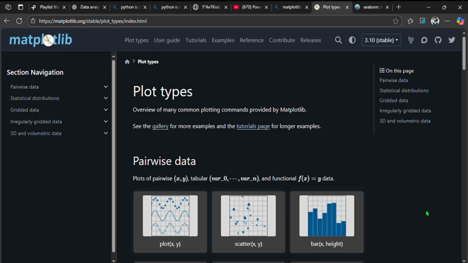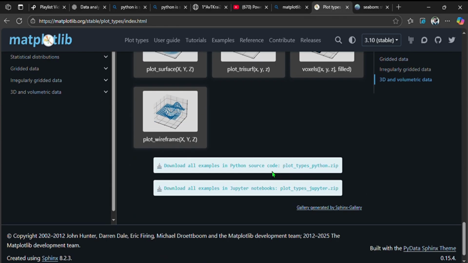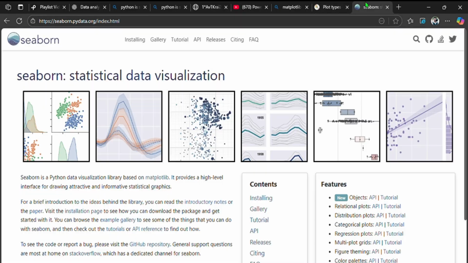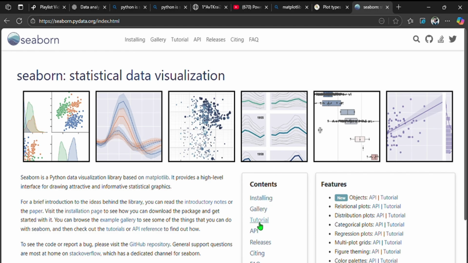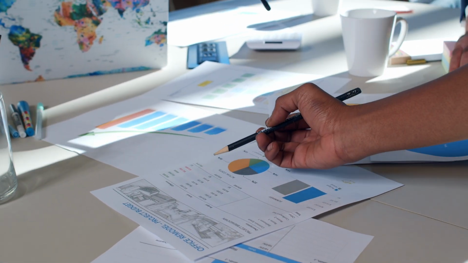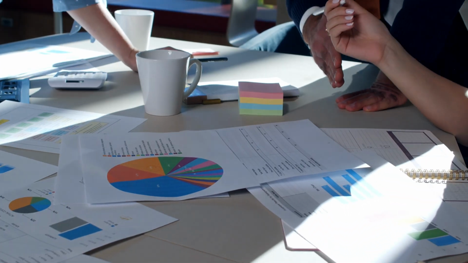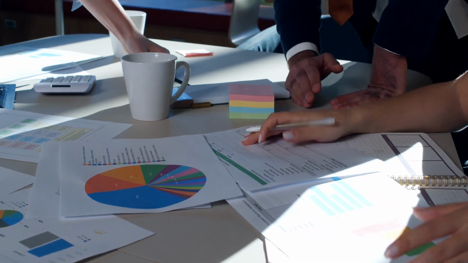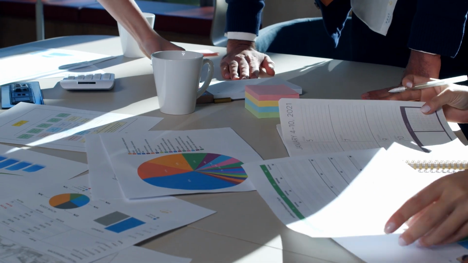Now the third one is Matplotlib and Seaborn, which is used for creating stunning visualizations. Because data analysis is not only about the numbers. It also plays a vital role where we can see the visualization, because not everyone knows the data or the analysis. So we have to visualize our analysis so they can easily get through it. That's why we use Matplotlib and Seaborn